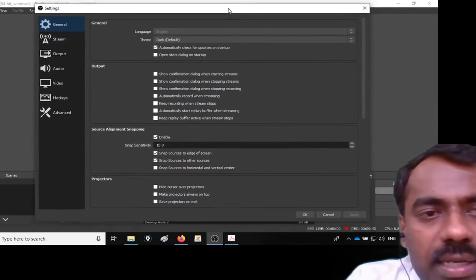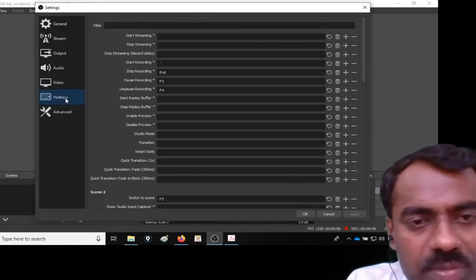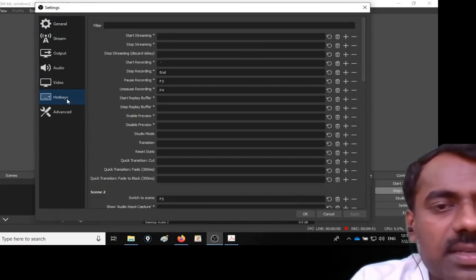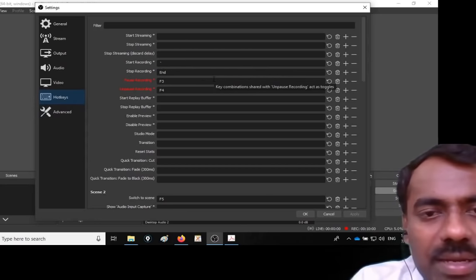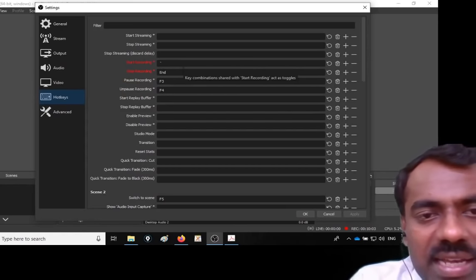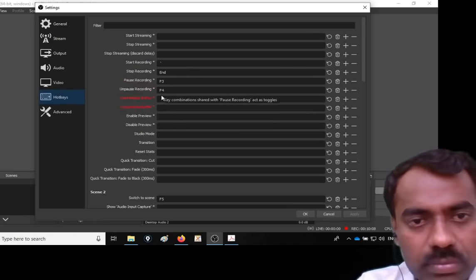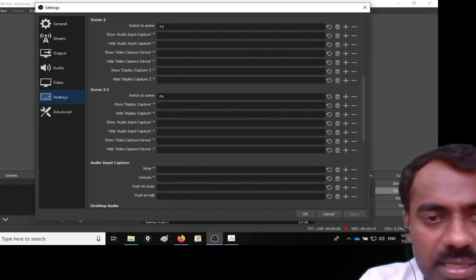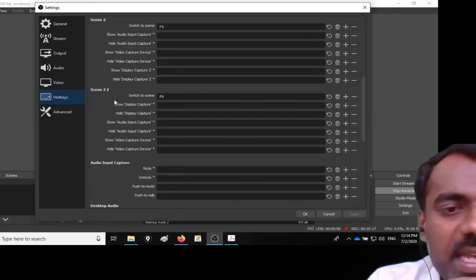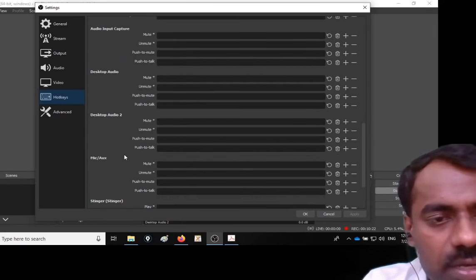Here you can see that there are some general settings and stream, output, audio, video, hotkeys, means shortcut keys. You can use these shortcut keys without going to OBS. For example, what I have done here, for start recording, I have pressed this tilde button, and for stop recording, I have used this end key. So the moment I press the end key, it stops recording. I can also pause. You have a choice to pause recording as well as unpause recording and so on. If you want to change scenes, you can use these keys, so that you can change your scenes immediately, right? So for everything, you have an option, you have a shortcut key. We can start using them, right?